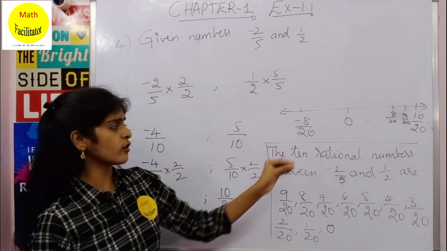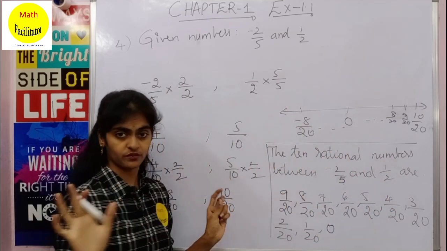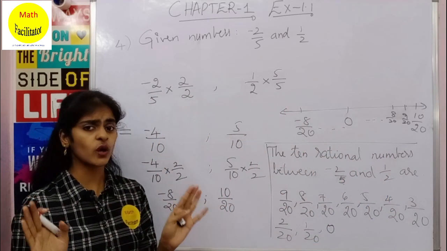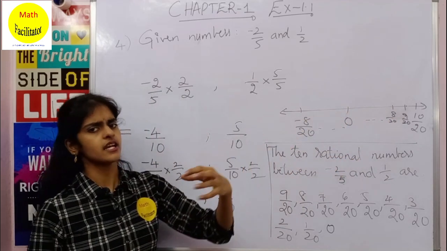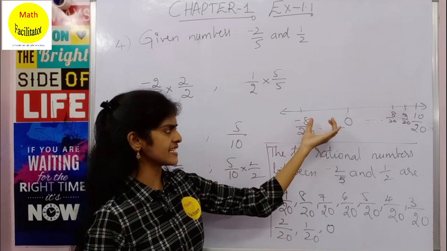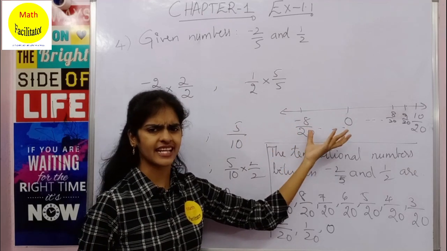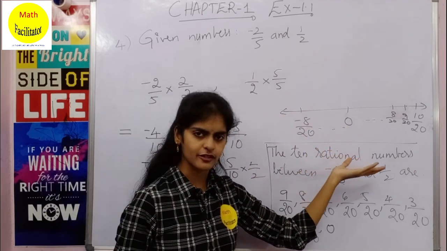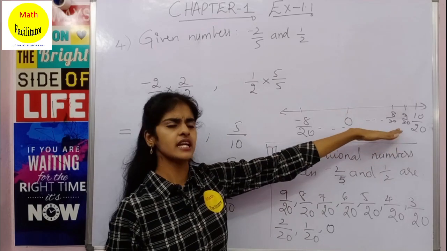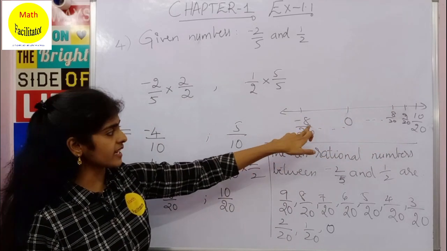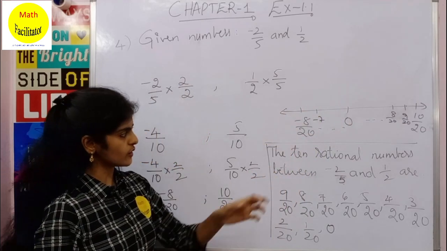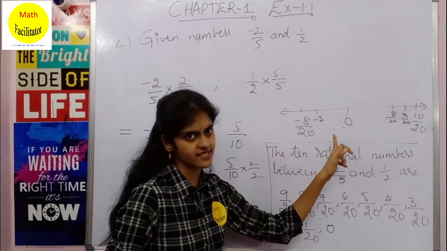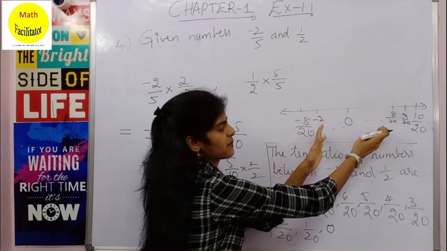You can also take the negative numbers too. There is no harm, it is completely alright. I am just taking the positive numbers because some of you might have confusion since they are negative. If you want to take the negative side, before minus 8 you will have minus 7, right? So it is minus 7 upon 20, minus 6 upon 20 and so on. You will take 10 numbers in that way.